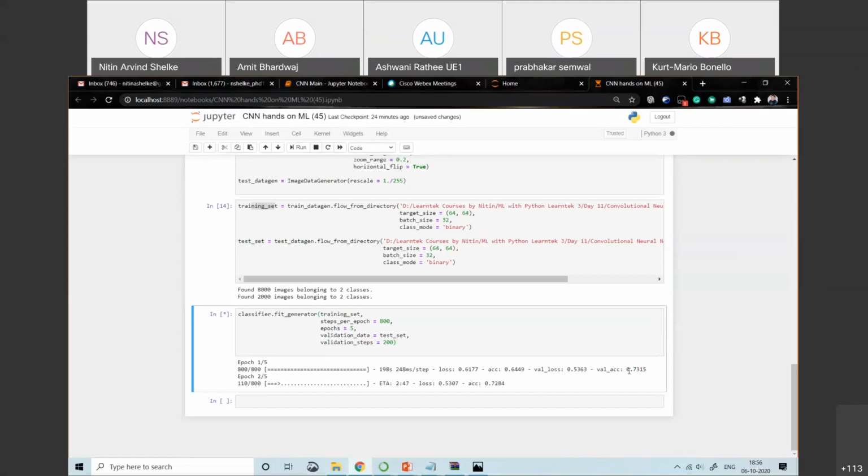I have trained this model with a lot of epochs, and I achieved 95% accuracy. It depends on your system, on your GPU, so that you can add as many epochs as possible. Or you can also change the batch size. These terminologies are also important.